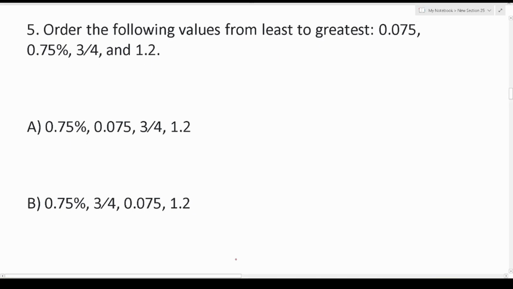All right, so number 5 says, order the following values from least to greatest. We have 0.075, 0.75%, 3/4, and 1.2. So it should be obvious that all of these values are less than 1, excluding 1.2. So right off the bat, I'm going to say 1.2 is going to be my greatest value. Likewise, it should be obvious that 3/4 is the same as 0.75, and 0.75 is going to be bigger than 0.075 as well as 0.75%. So the very next one I'm going to list is going to be 3/4. Now it comes down to these two,